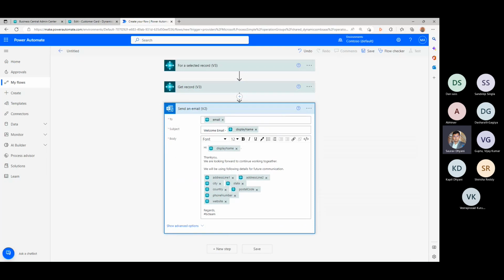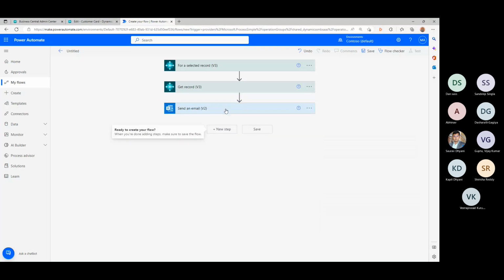But that becomes the sample email that a customer will receive as soon as this flow gets triggered from the central. So let's test this out first. And before I do that, let me rename this so that it doesn't look untitled.